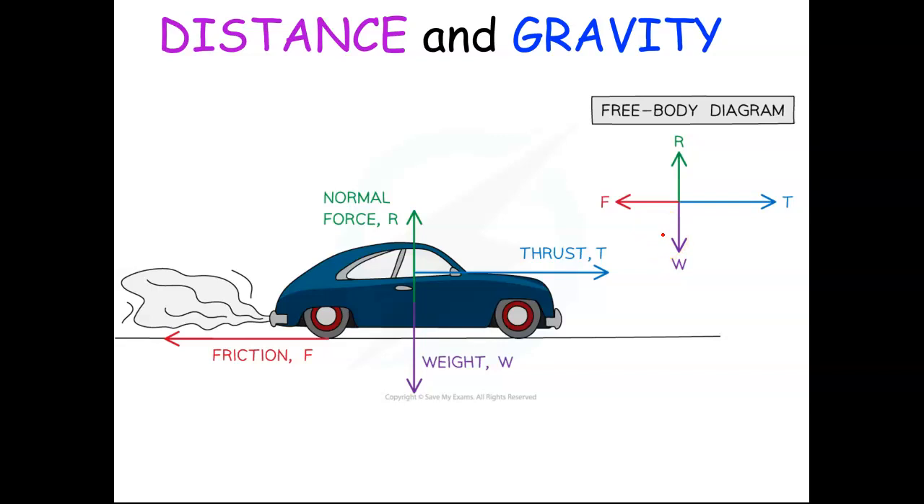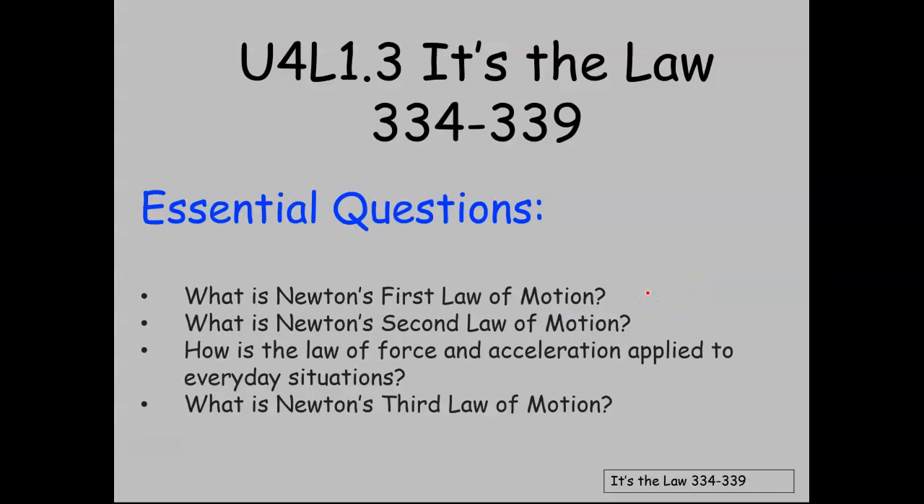Looking at another free body diagram. So instead of the square for the box, you can see the friction is going opposite of the motion of the car, and the thrust is generated by the engine, the weight of the car, and the force of the earth pushing back against the car. You can see the size of the arrows here. And that's the